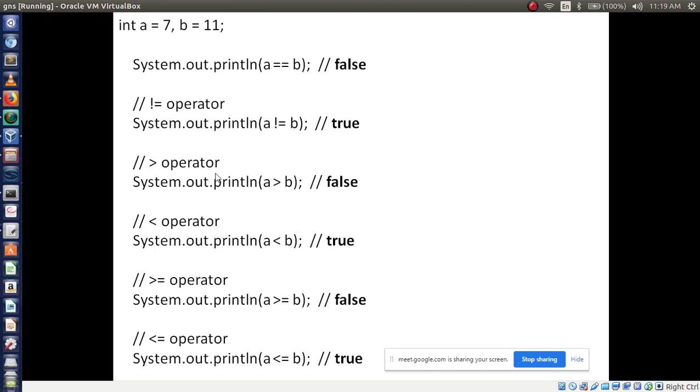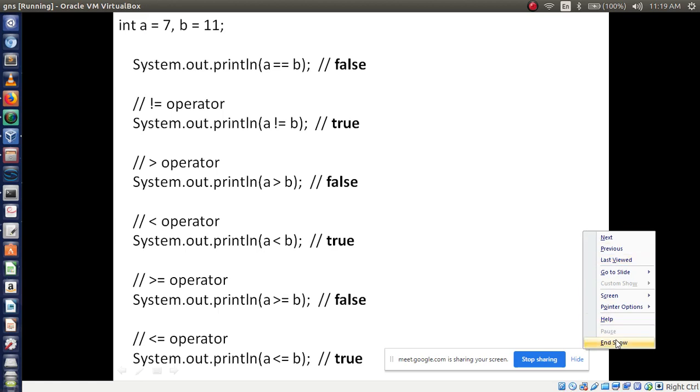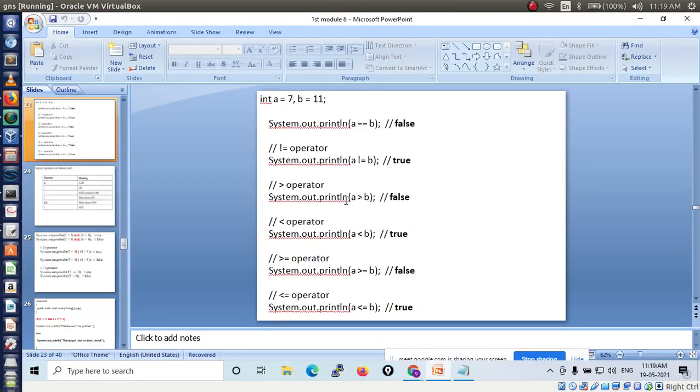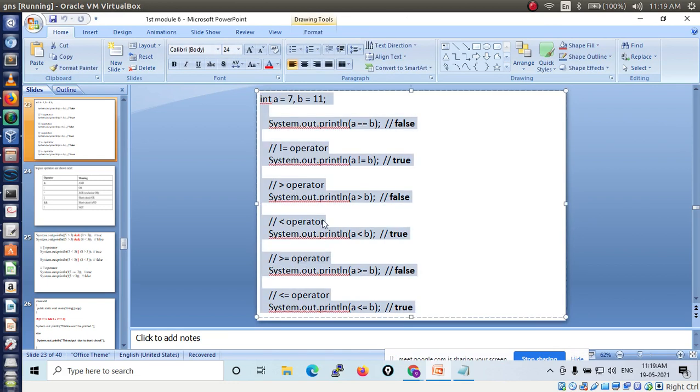Now greater than: a greater than b, 7 greater than 11, condition false, so it displays false. In less than, 7 less than 11, condition is true, so it will display true, right? Shall we execute this program? Okay, let's see.